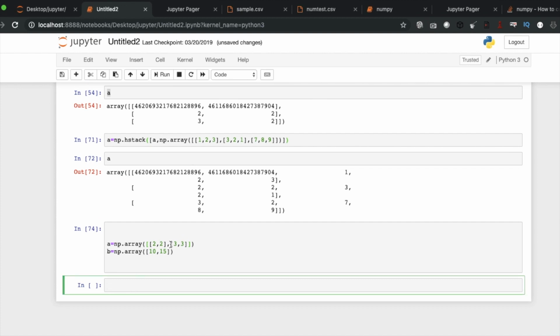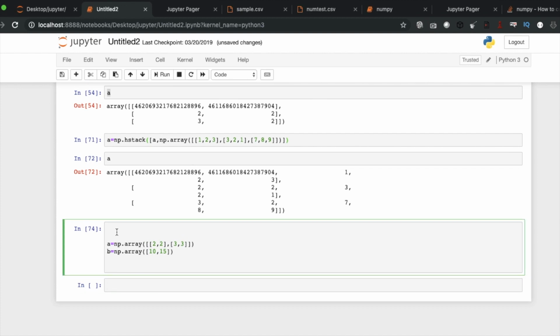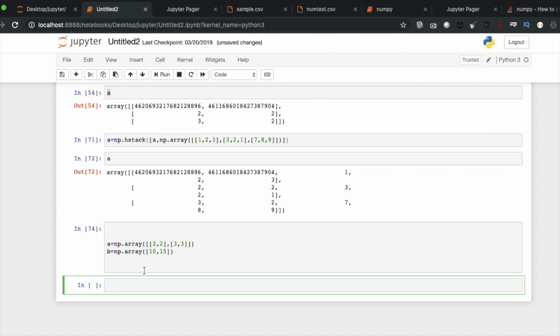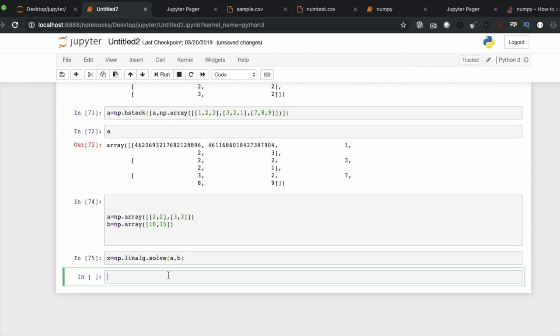Okay, now if you remember, what will be the value of x? The value of x will be np.linalg.solve(a, b). x will be 2, y will be 3.